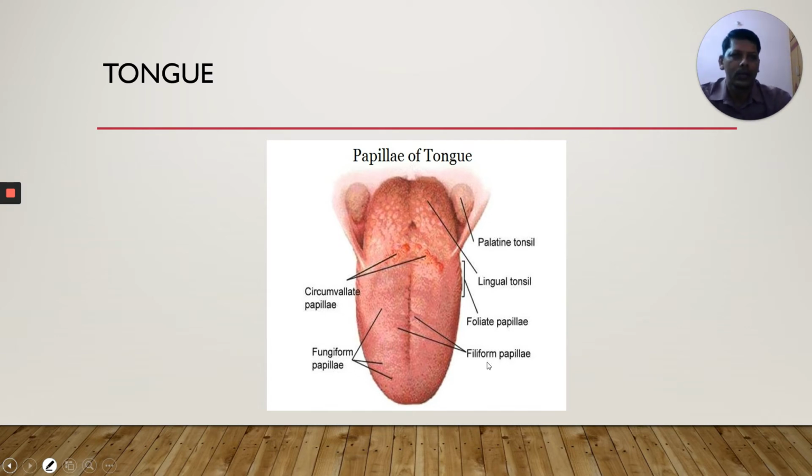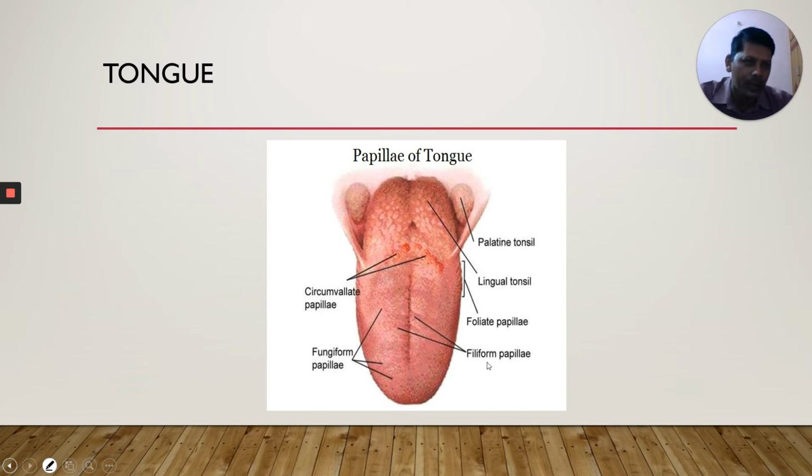It is one of the 2 marks questions: what are the different types of papillae present on the tongue? I told you earlier, the first 2 marks question is what is the dental formula of human beings. Then I told you what is the hardest substance in the human body. That is the enamel. What is the origin of enamel? Enamel is formed by cells called ameloblasts. Ameloblasts are formed from ectoderm. That is also one of the 2 marks questions.